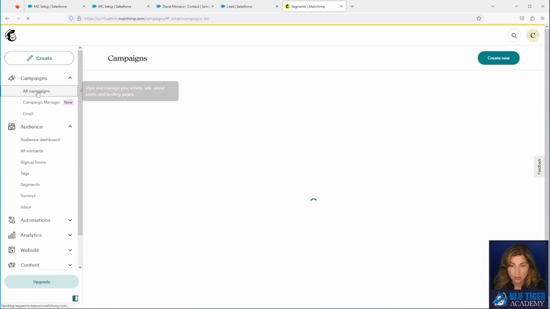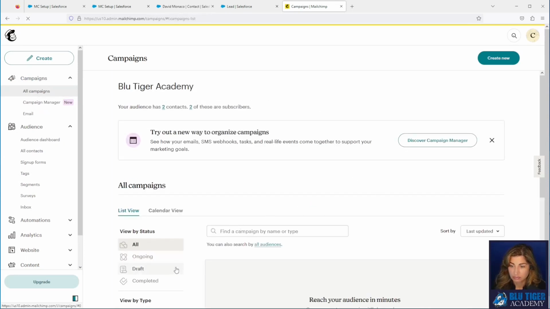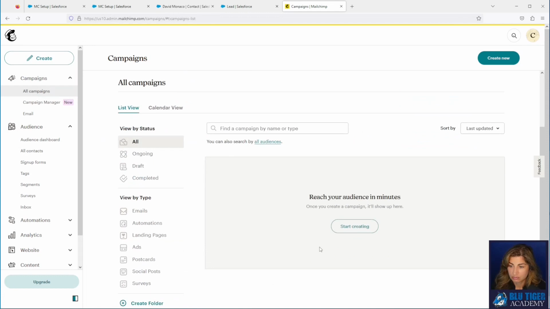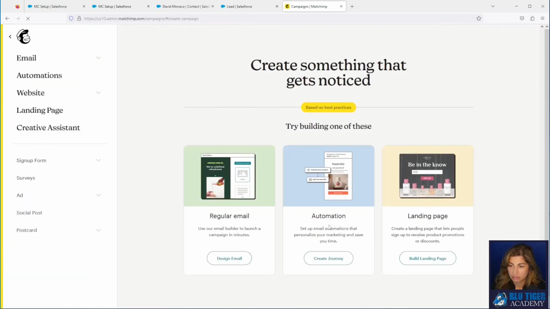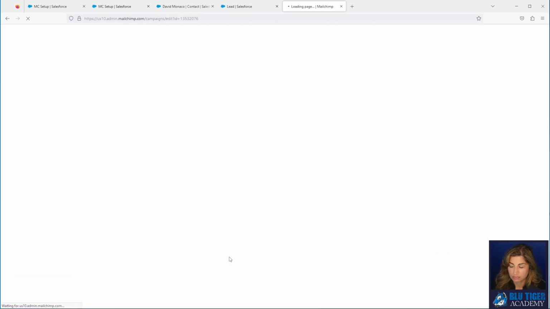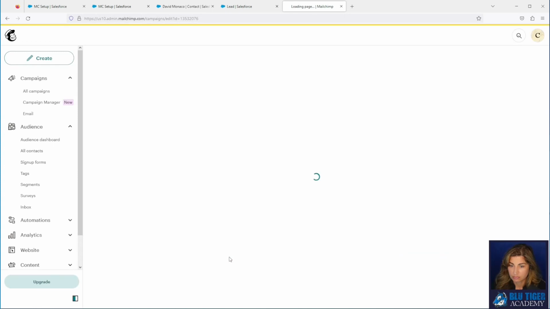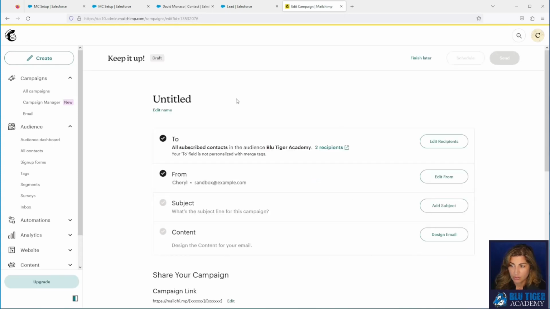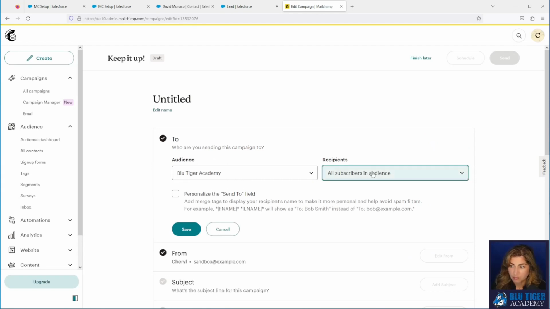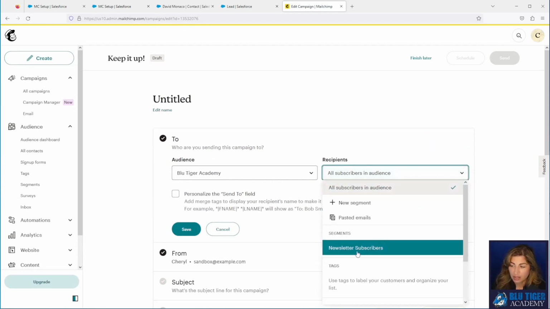So now let's go and create an email. So we have our email, and now we need to edit recipients, and we will see that we have a segment called newsletter subscribers.